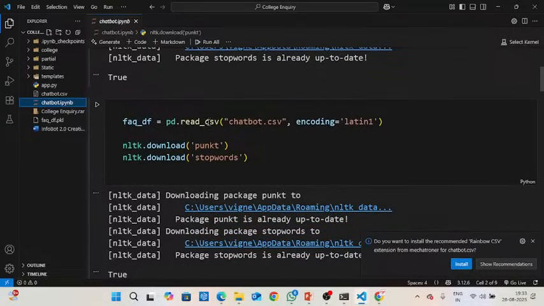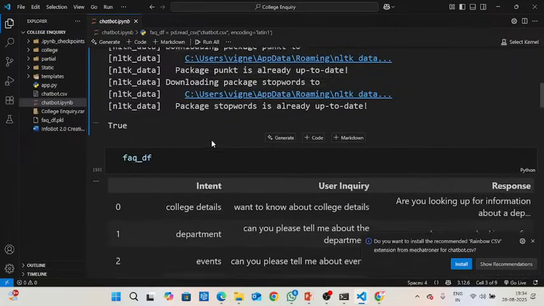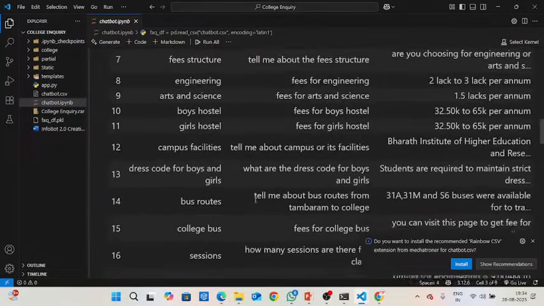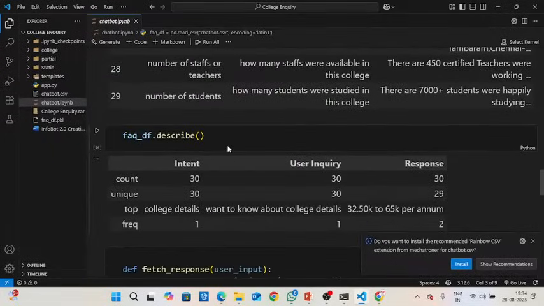Okay, next I just loaded a dataset. It was in CSV format. So I directly gave read_csv to load the dataset, with encoding latin-1. This handles unwanted characters present in the dataset, so I want to clean the dataset. So I am using this latin-1. Okay, and this FAQ variable consists of this data. Now I want to check whether to clean the dataset. It is already a human-made dataset, so there are not that many errors present in it. So we directly move on to the next process.